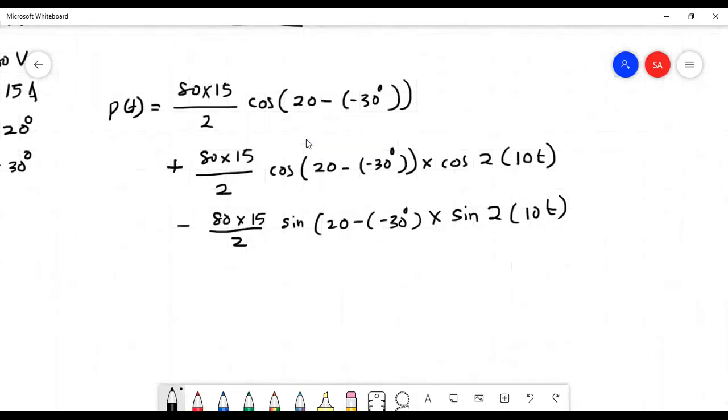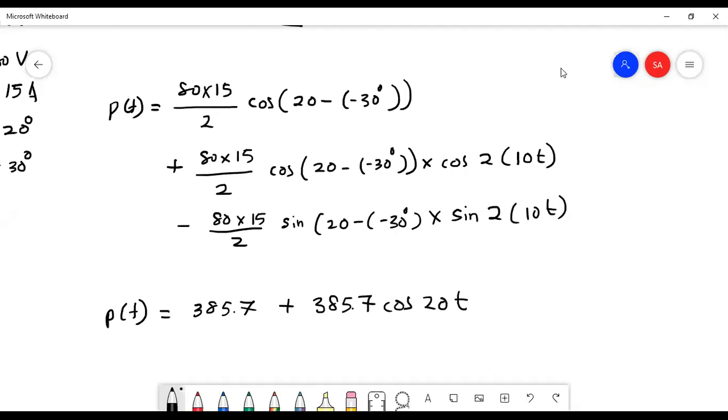So by using a calculator, I can write down my instantaneous power. So this will become 385.7 plus 385.7 cos 20t minus